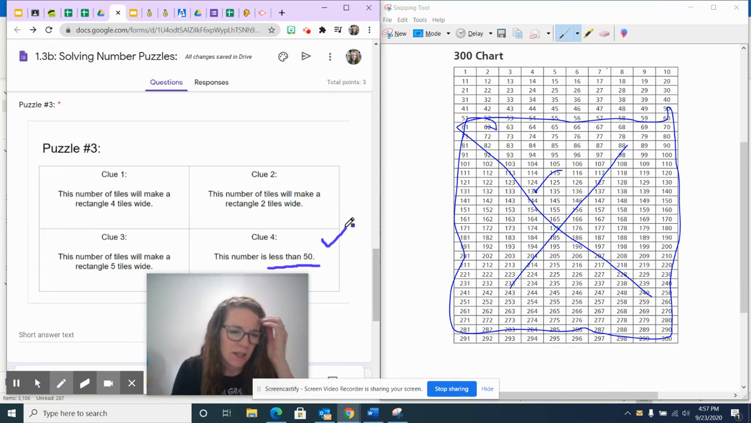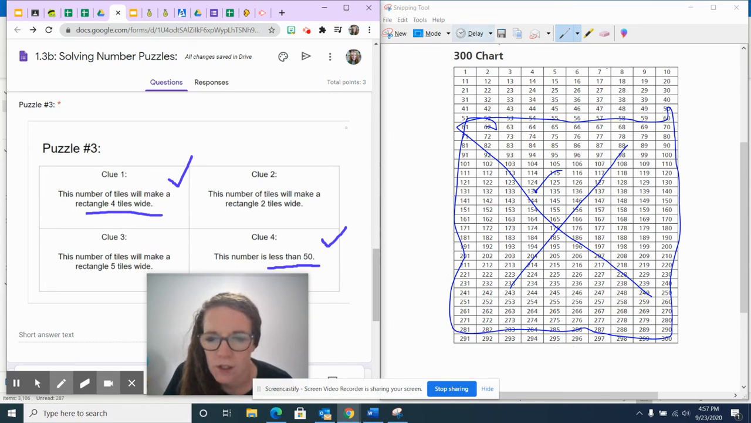We've done that one. Having a rectangle that is 4 tiles wide means it's going to be a multiple of 4, right? One of the factors of this number is going to be 4, so we're going to use our multiples of 4 to figure out what it is. So 4, 8, 12, okay? So we're going to go through and let's go ahead and circle all of our multiples of 4 first. So I'm going to go over to my chart over here. I have 4,